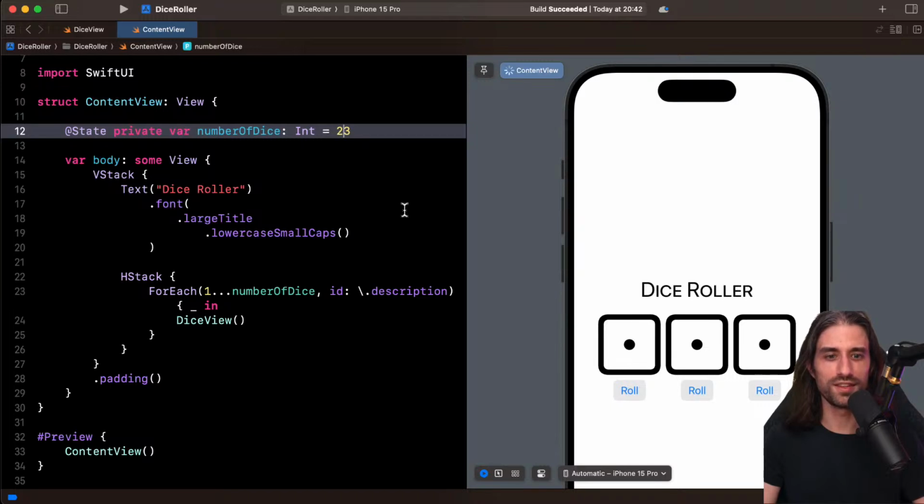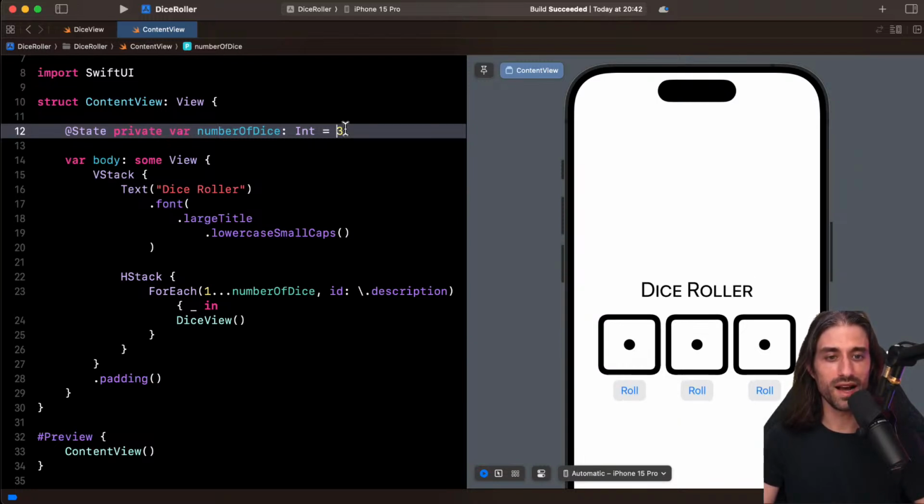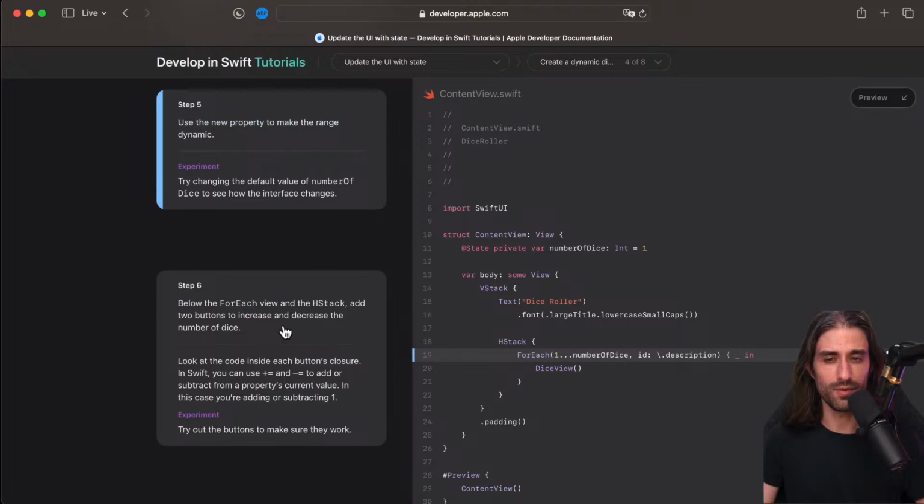And now I'm going to 23. Ooh, so many dice that they actually render outside of the screen. What's the reason? I think it's because we've given them a static frame of 100 and it cannot go smaller, I guess. And so that's why it goes completely crazy. So it's not perfect code. Maybe we will add some bounding to the number of dice that you can add, but at least it works in the sense that we've made the number of dice dynamic now.